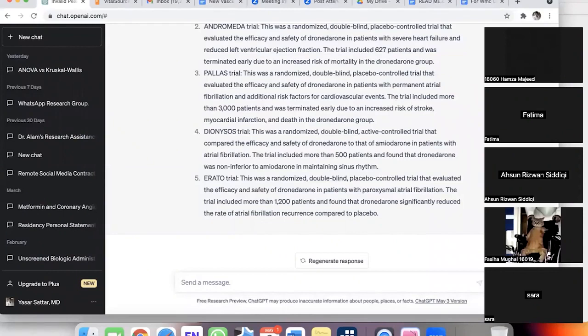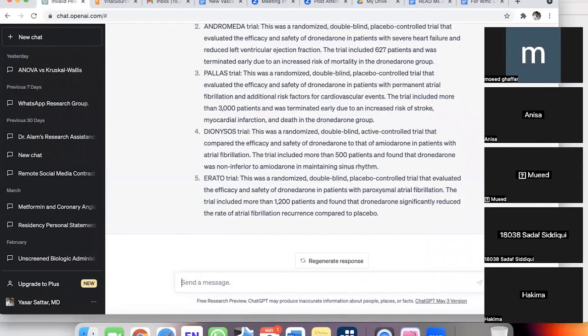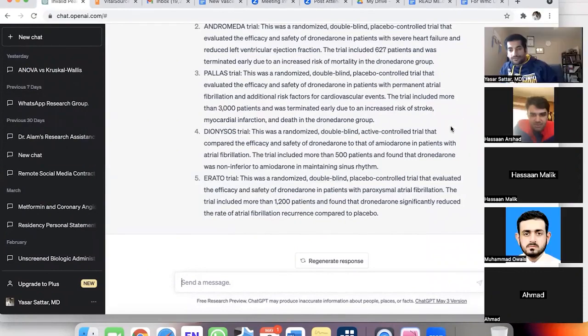Hassan Malik, Adi, Bilal Masood, Fatma, Hamza Majid, Ehsan Rizwan. मोहम्मद वकास ने एक मैसेज किया।